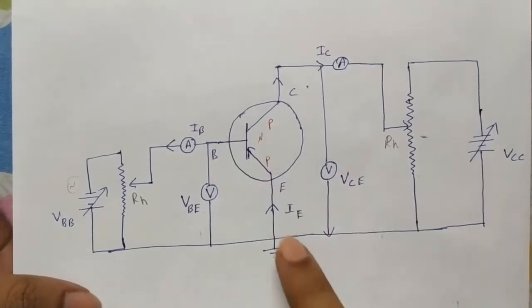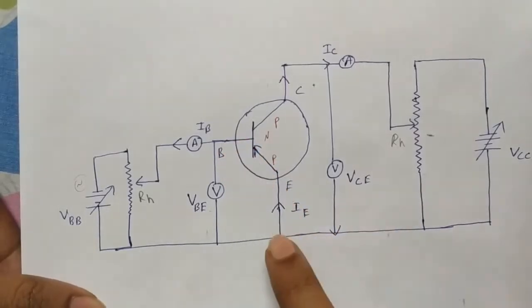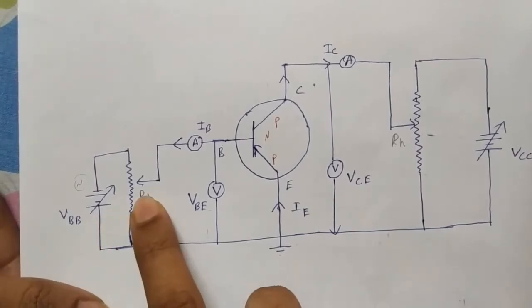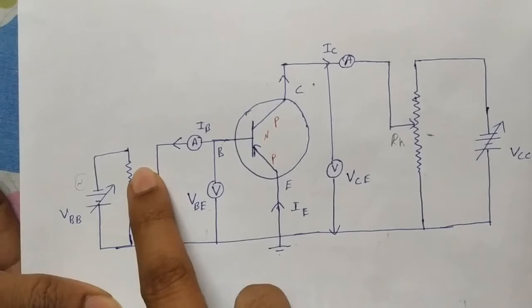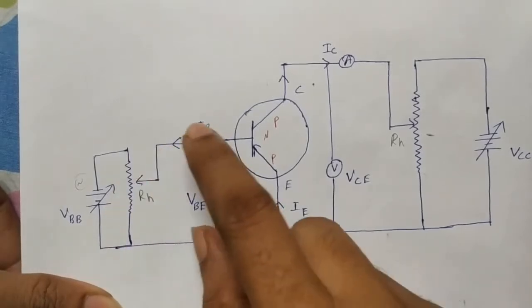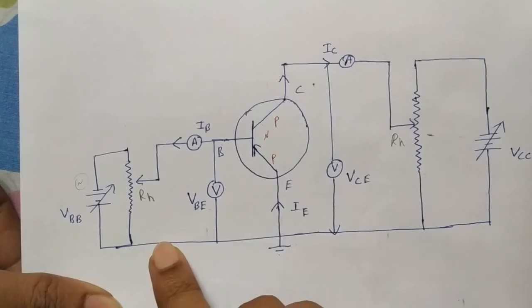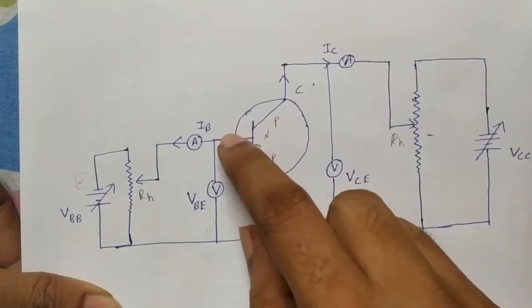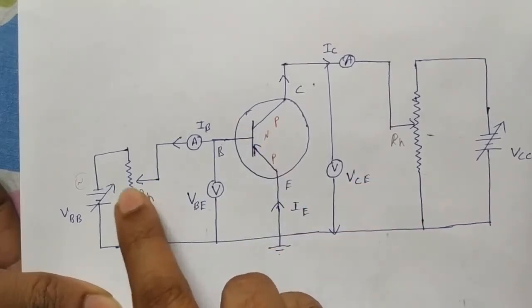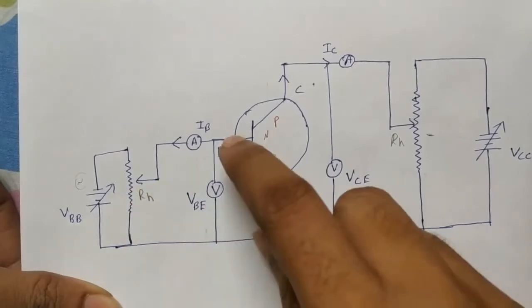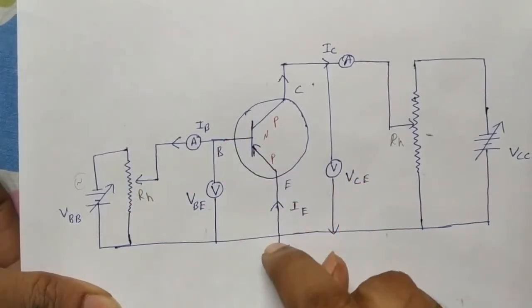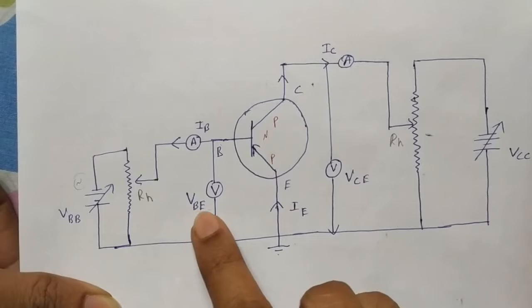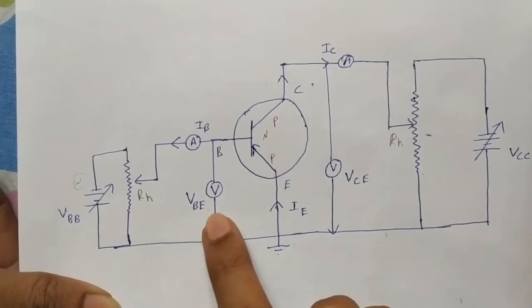Now we'll see about input, and here base and emitter combined we can call input. In the input they connect a battery along with a rheostat. What is the use of the rheostat? By adjusting this resistance we can adjust the potential across the input, that is base and emitter. Here we are applying a potential VBB, but the total potential does not fall across this because some resistance is there that also draws some potential, and the remaining potential you get across base and emitter. Whatever the potential between base and emitter is measured by the voltmeter V, that is VBE.